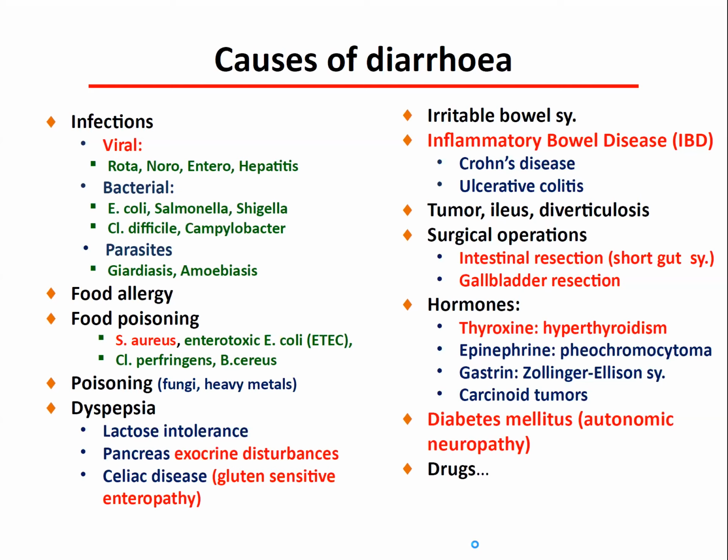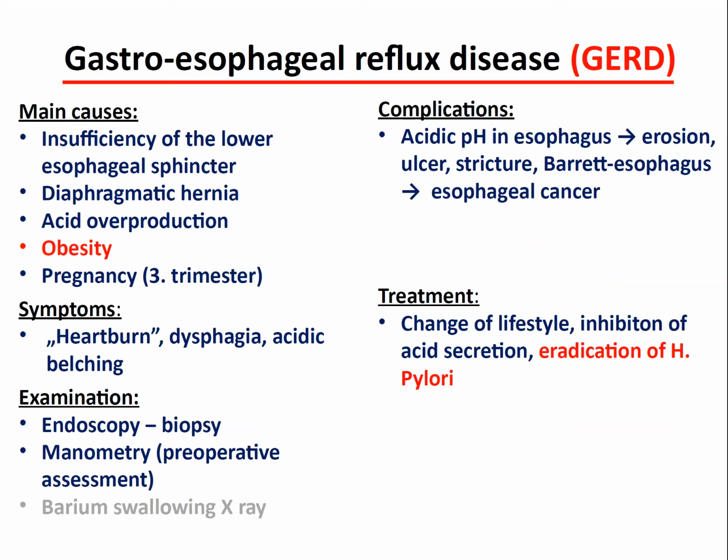Diabetes mellitus, when we have autonomic neuropathy and autonomic disturbances, and certain drugs can cause diarrhea. Now, this is the summary of what could be searched for in a case where the patient presents with diarrhea,